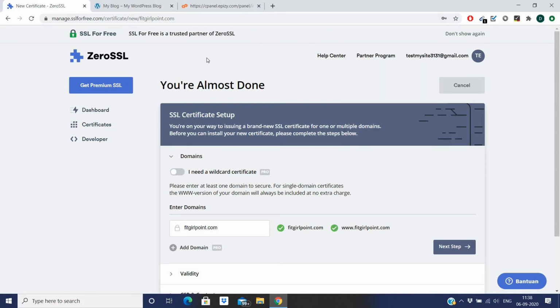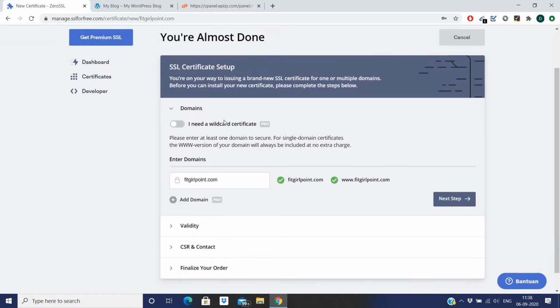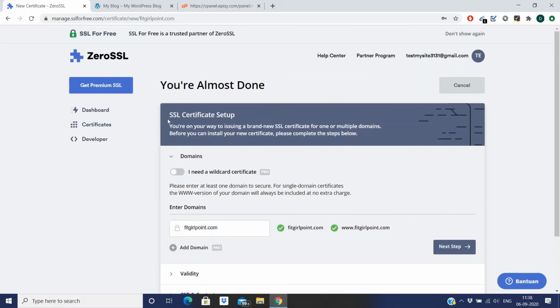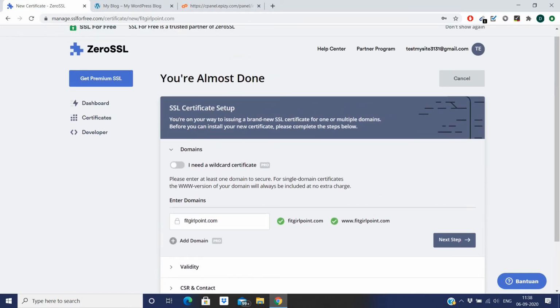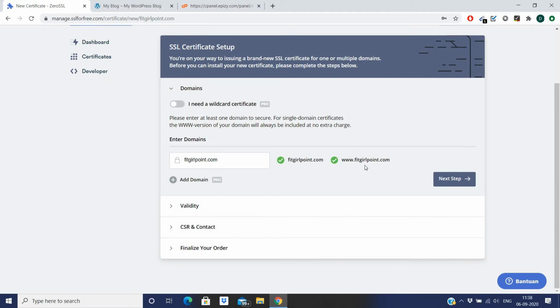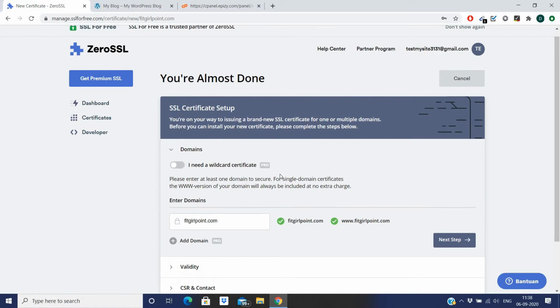and you will find a new screen like this where it's written SSL certificate setup, and they are showing all the steps to do that. The first step is already done, where you can see fitgalpoint.com and www.fitgalpoint.com showing, and there is an option to get a wildcard certificate, which is a pro option, as you can see.